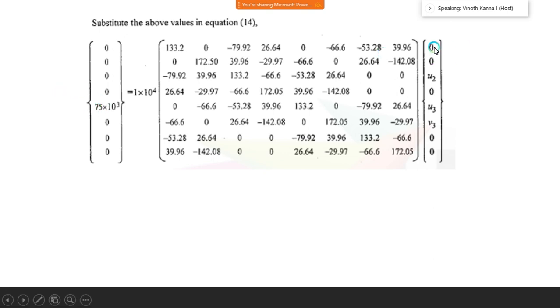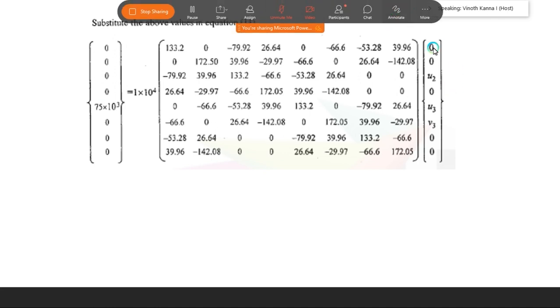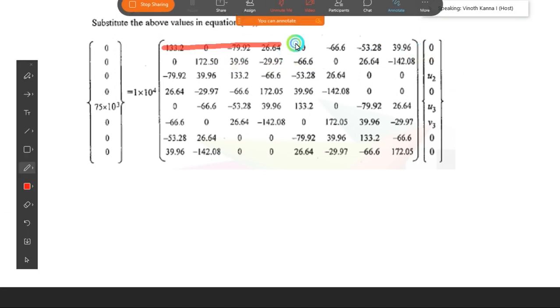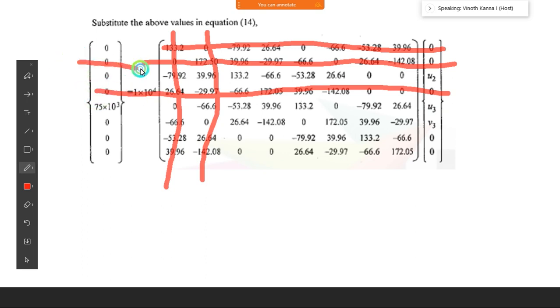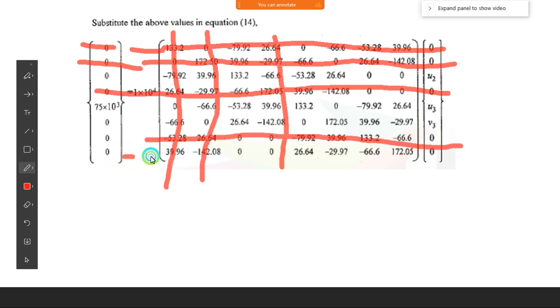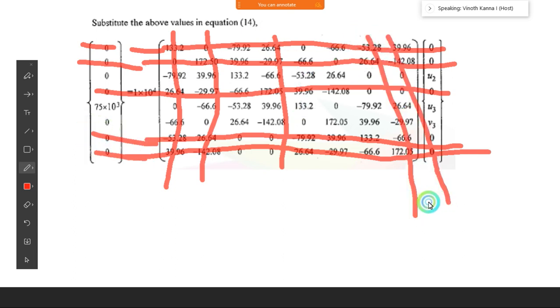So now what do you do? Wherever we have the value 0, just cancel it. We have the first row as 0, so cancel the first row and first column. And the second row will be 0, same, the second row you have to cancel, and the second column also cancel. Then the fourth row, you have to cancel the fourth row and the fourth column also. Then the last ones, 7 and 8, you have to cancel including this 0, so 7 and 8 also cancel. So now we have the values only for these 3. Okay, so just write these values here.